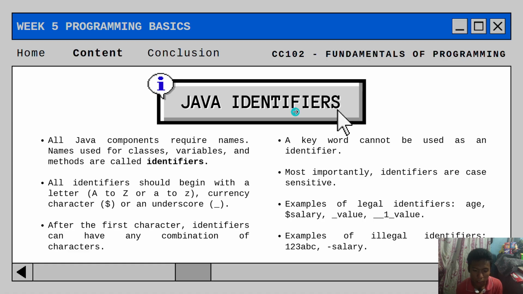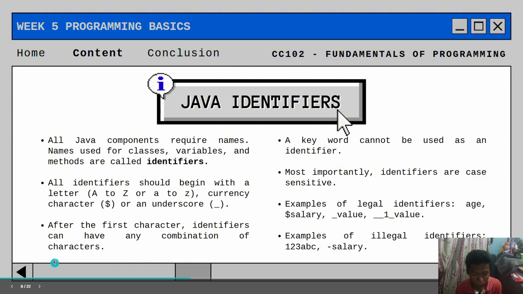Next is the Java identifiers. All Java components require names. Names used for classes, variables, and methods are called identifiers. All identifiers should begin with the letter A to Z or a to z, a currency character, dollar, or an underscore. After the first character, identifiers can have any combination of characters.